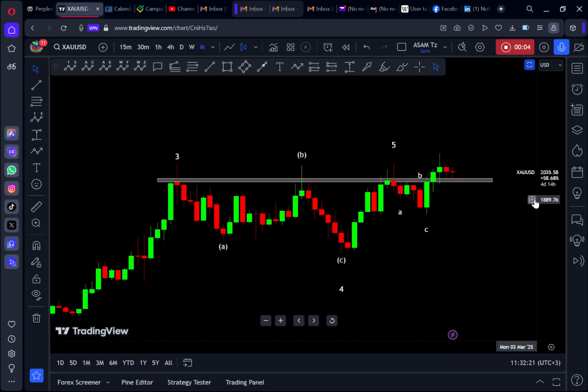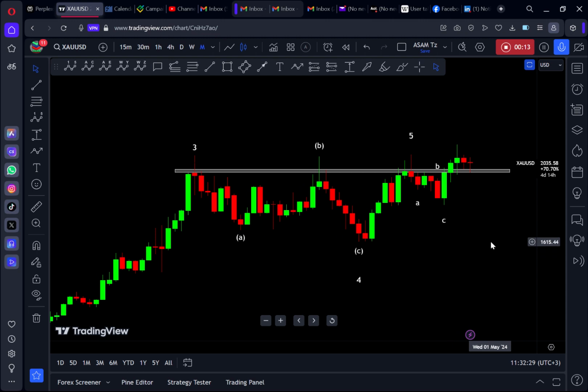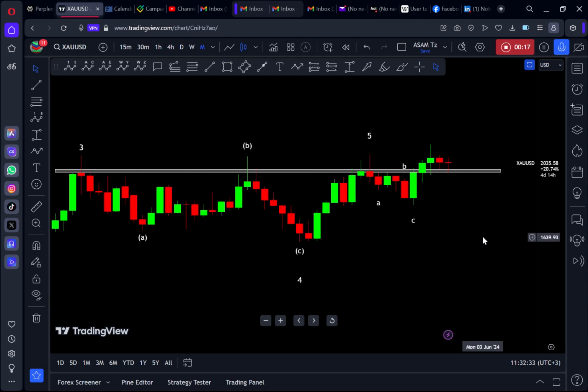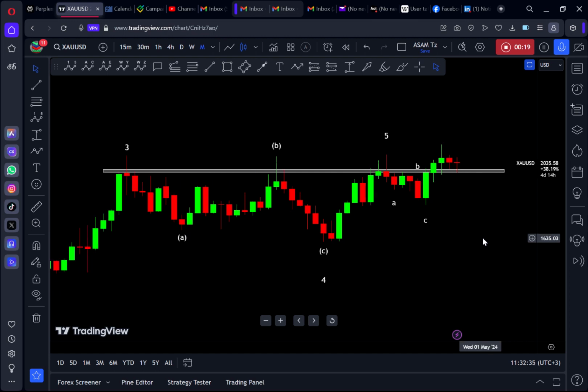It is another day, and as usual, I'm going to share analysis on gold. So now this is gold spot, and actually, I do what I call the top down analysis from monthly time frame, then I go down to 4 hour time frame. But sometimes I touch the 1 hour time frame for the purpose of entries. But in most cases, we can have entries in 4 hour time frame.